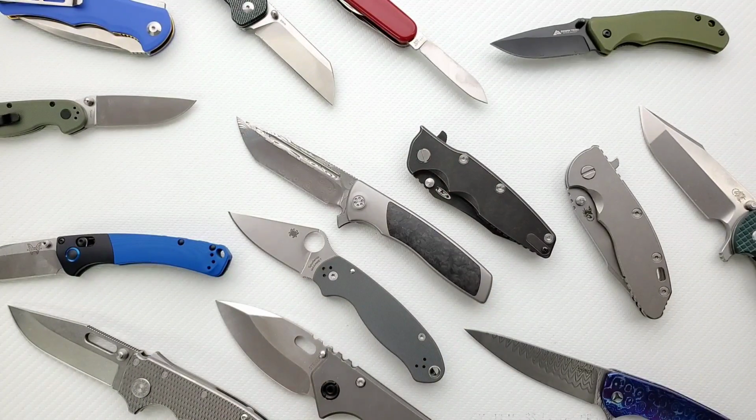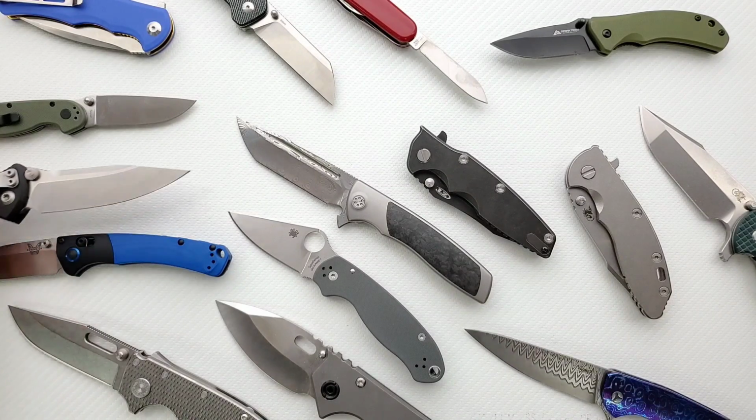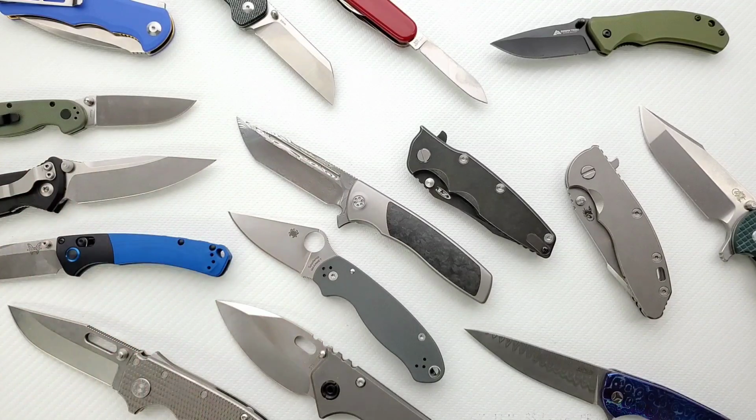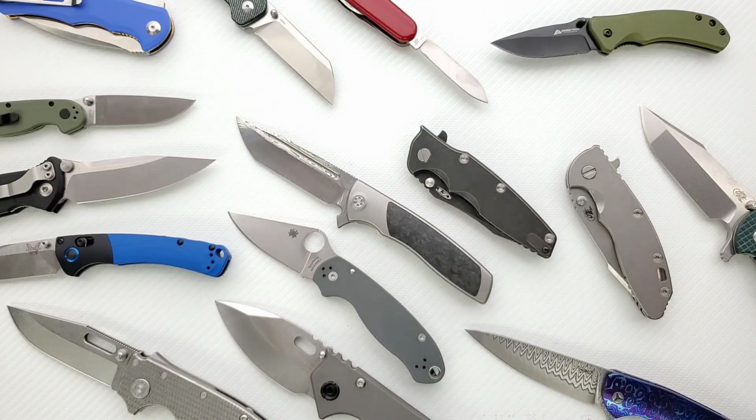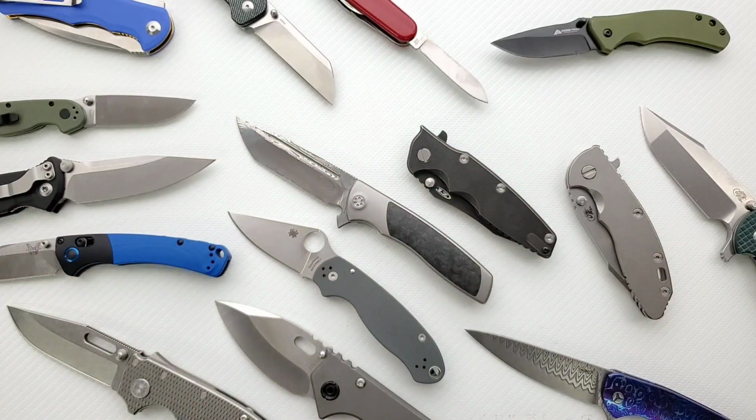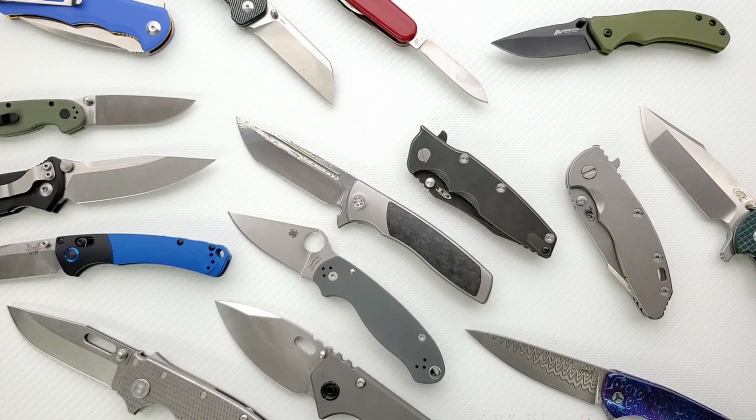There is no specific foundation for what you should or shouldn't do with a knife. Whether these bills want to admit it or accept it or not, the enthusiast portion of the knife community is largely what's causing the massive explosion in the knife industry. I'm not saying it's solely responsible, but the three groups that I've always talked about, the users, the collectors, and the enthusiasts, right? It's the combination of these three populations and the continuously generated interest that's causing the boom